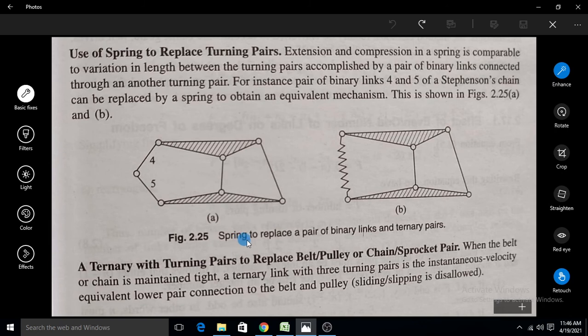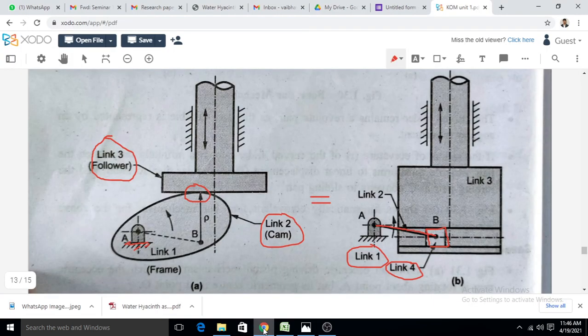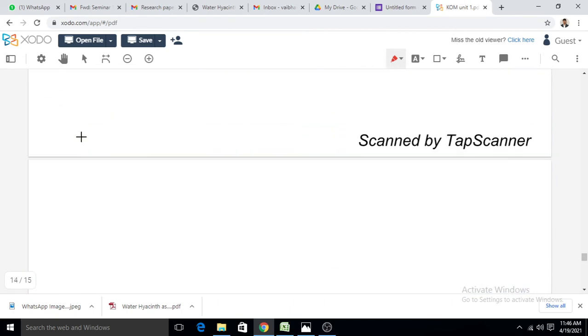Okay, see here, the spring to replace the pair of binary links and ternary pair, means to replace these two links, link 4 and link 5, we can use the spring. Okay, so these are some equivalent mechanisms or equivalent linkages of the mechanism. We will take one another example for clarification. So consider here,